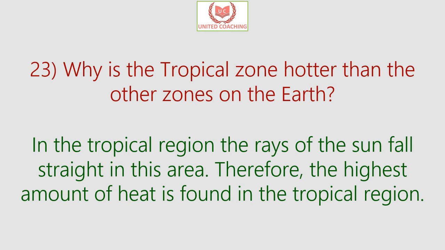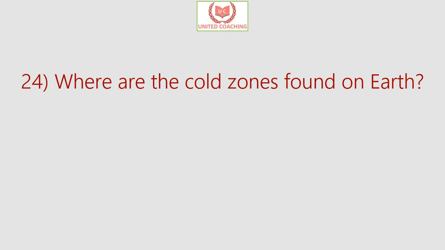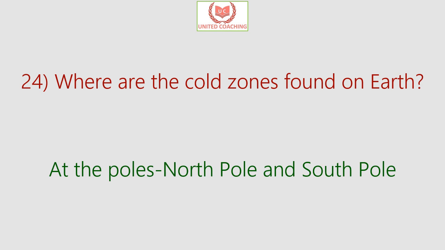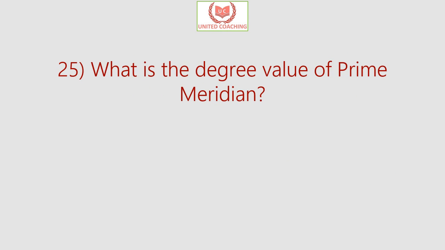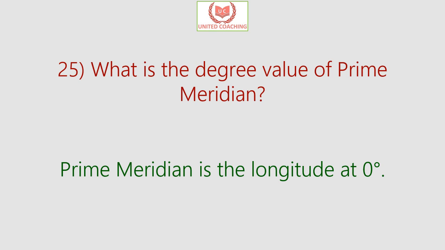in the tropical region. Our next question is, where are the cold zones found on earth? So answer is at the poles, that is at the Arctic circle in the north pole and the Antarctica continent in the south pole. Our next question is, what is the degree value of prime meridian? So answer is, a prime meridian has a degree value of 0 degree longitude, and the prime meridian passes through